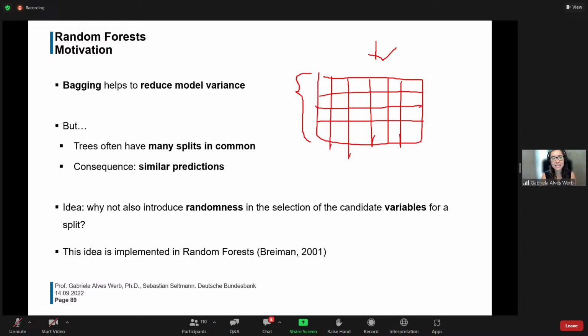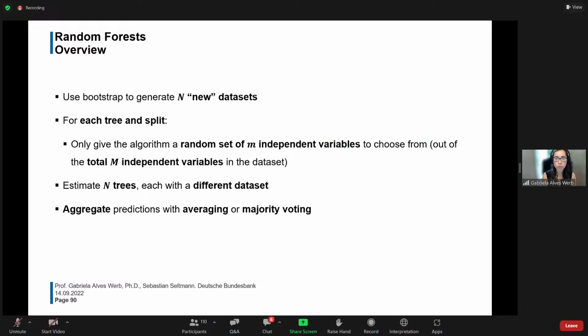So the idea here with random forests, how does it improve on the idea of bagging? There, we're not only having randomness in the rows, but we also add randomness in the columns of the data set, so in both dimensions. And the way we do that is that we do not allow the tree to see all the variables at once. So we introduce randomness in these columns by saying, instead of